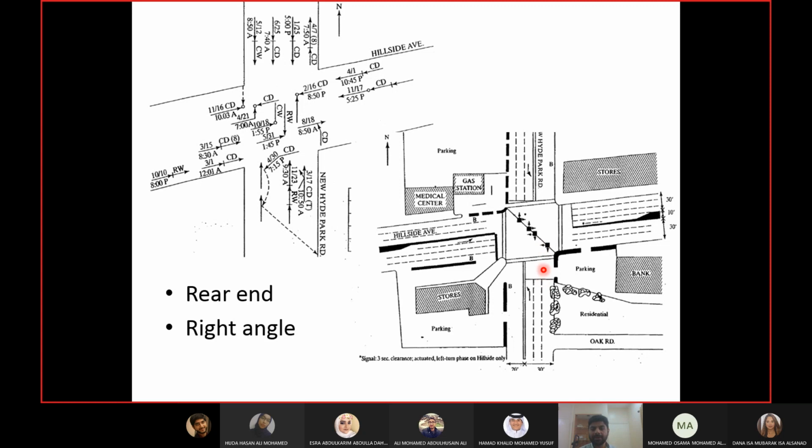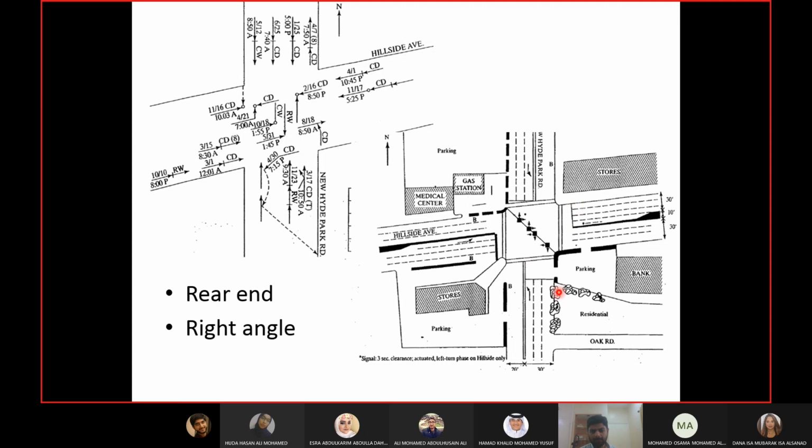You can shift the stop lines closer. Okay, so the driver will have more time before he has to stop. Now he is trying to stop here, so he has less time. If you give him more time, maybe he will stop safely. But moving the stop line closer would also mean you should maybe close these exits from the parking